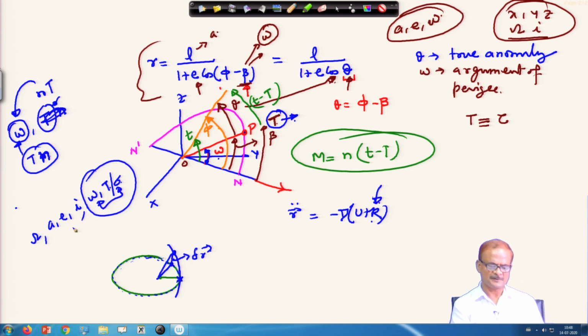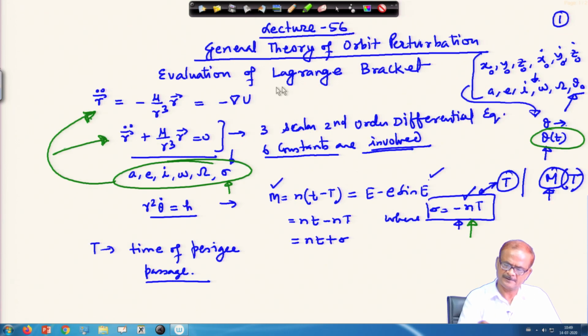Okay. So, you should remember this part, and perhaps I had not discussed this till now, but this is the right time to get into it, and I have described this. This is exactly what is taking place. So, this t will also vary if the perturbation term r is present. Okay. Now, we can start with the evaluation of the Lagrange bracket, which I have written here.